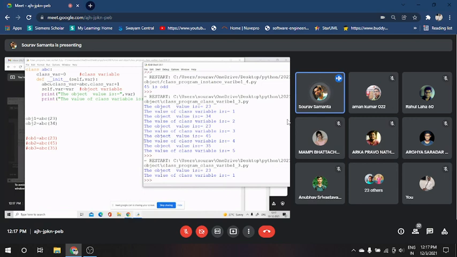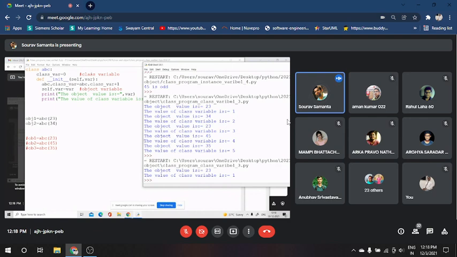Instead, we have used the class name because this is the class variable, not the object variable. Clear? Here the compiler will maintain only one copy of that variable, that is for the class, and it is called the class variable.